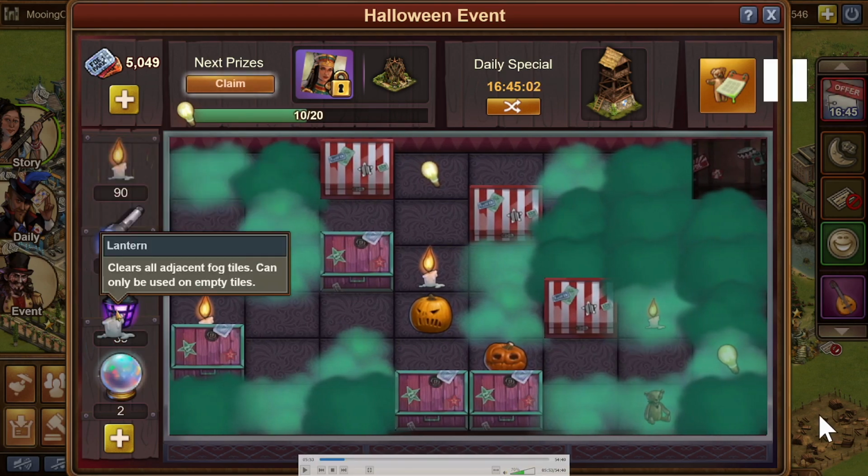Now in this situation, you can definitely use a flashlight here. That would have been perfectly fine. You get both of these rewards. Toys are good to go for regardless. So that's an option. I decided to use a lantern to get all of these three at the same time,